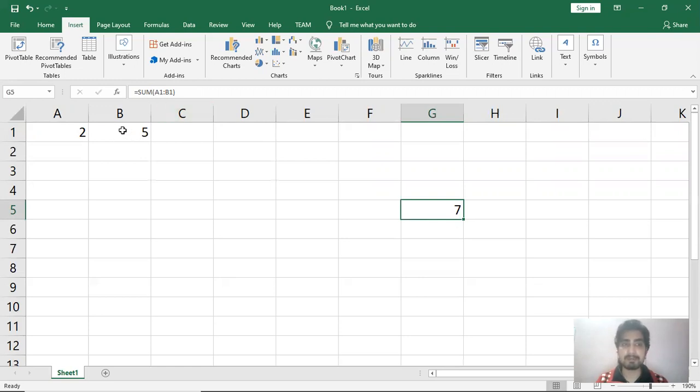But if I click on this B1 cell, then it will display whatever content is inside that cell. For example, in the formula bar you can see only 5 is written, because in this cell we have not used any formula. We have directly inserted the number. So the formula bar either displays the content of an active cell or the formula provided in that active cell.